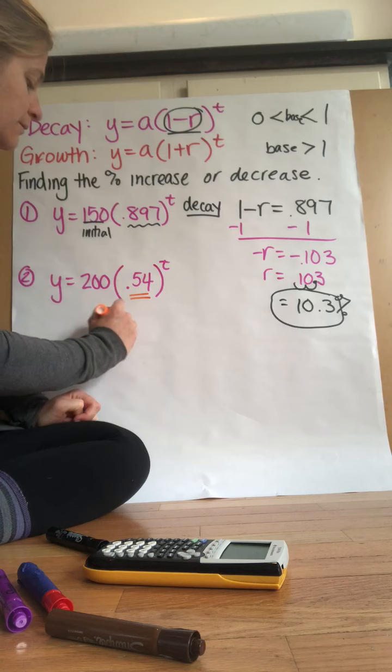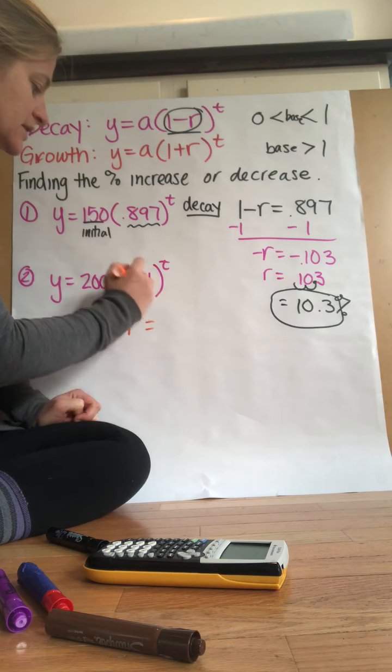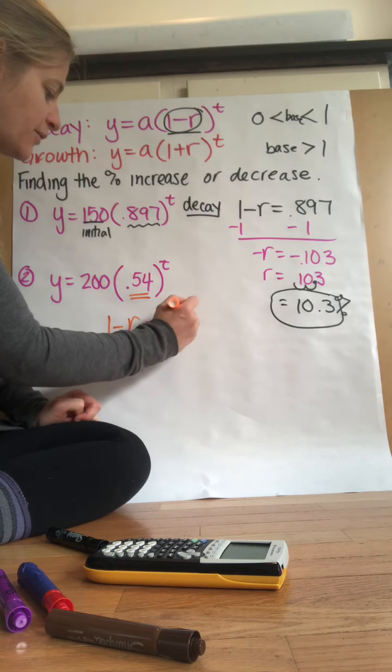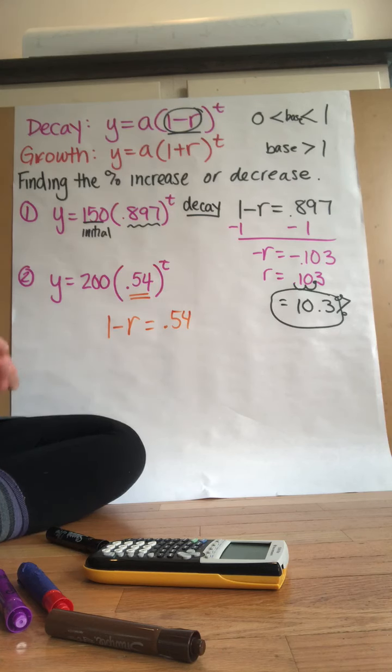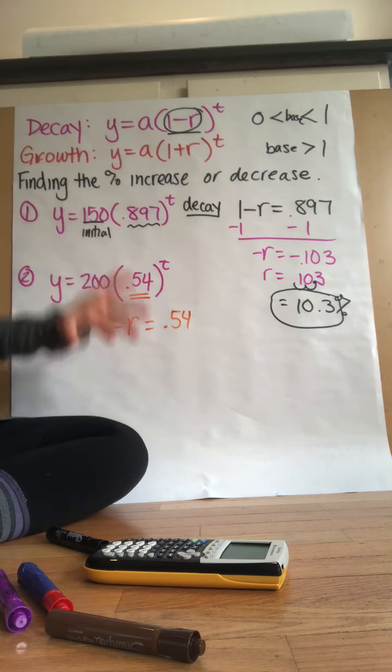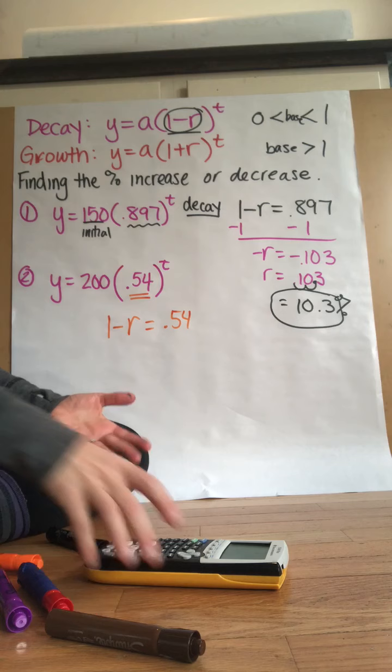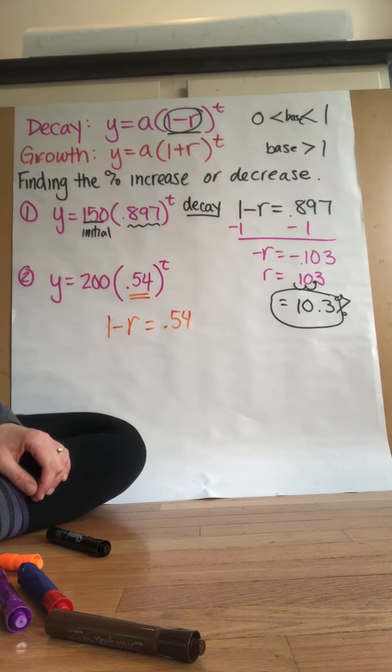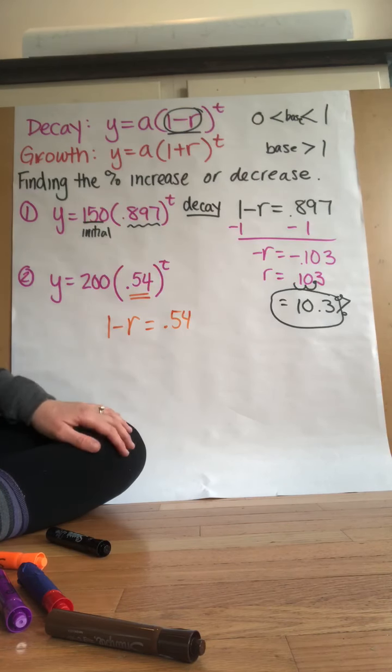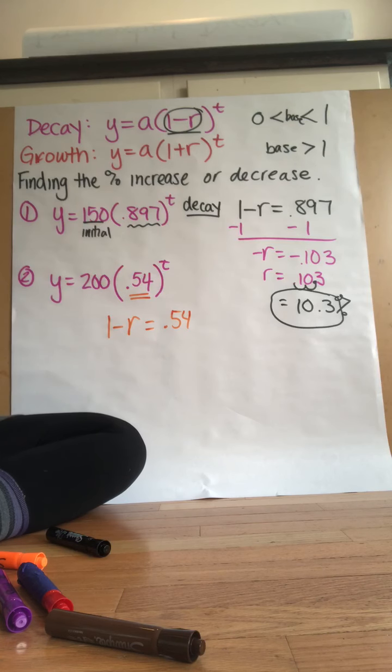So 1 minus r is equal to 0.54. Again, now take your equation and solve for r, okay? You can do that by subtracting the 1 from both sides, or you could add the r. It's all a matter of preference here. Either way, you should end up with